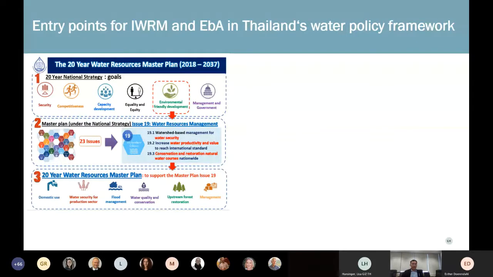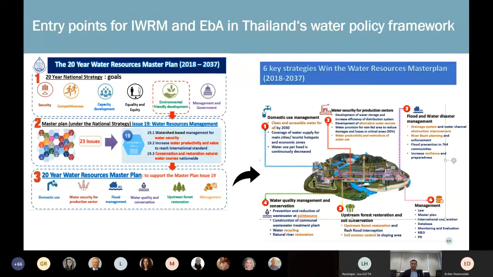The 20-year water resource management plan, which is based on Thailand's National Development Strategy, came into force in 2018. It is structured into 6 key strategies that provide opportunities to apply nature-based solutions in addition to conventional options of water resource management. The 6 strategies are water for domestic use, water security for production sectors, flood and water